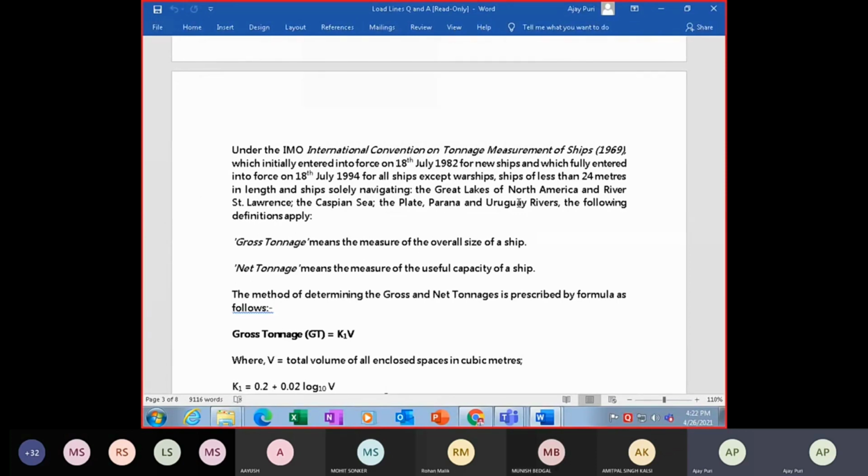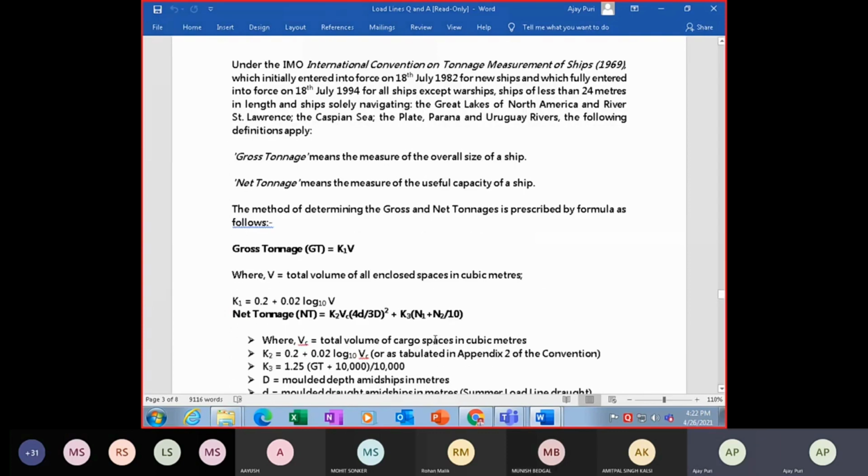Similarly, tonnage of the shipping fleet company की, वो भी gross tonnage पे आती है. So gross tonnage is based on formula K1 into V, where K1 is a constant, which is in your stability booklet. V is the total volume of all enclosed spaces in cubic meters. Now we have done what is enclosed space. जो calculation भी लिया जा रहा है, that is enclosed space. That's why we had to see what is an enclosed space. So V was a total volume of all enclosed spaces in cubic meters,